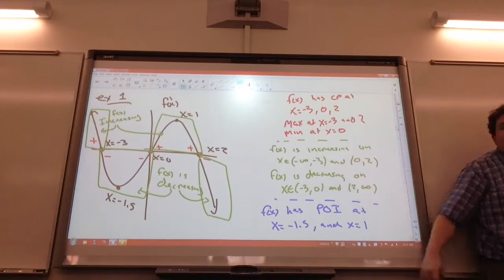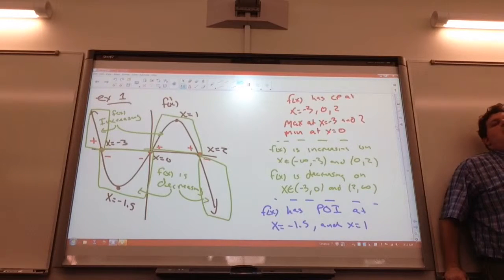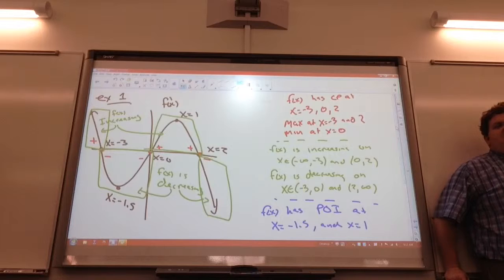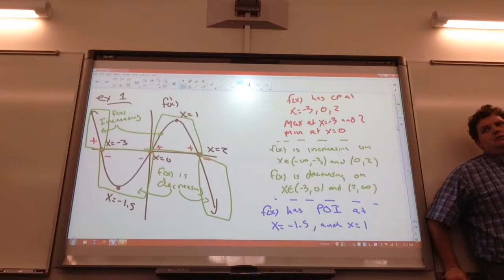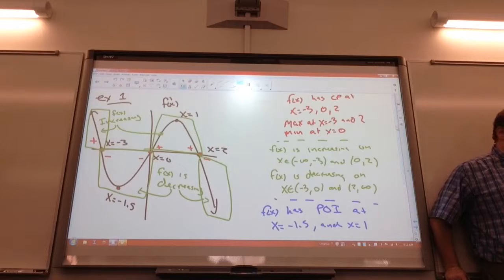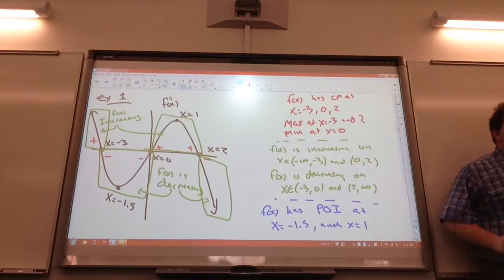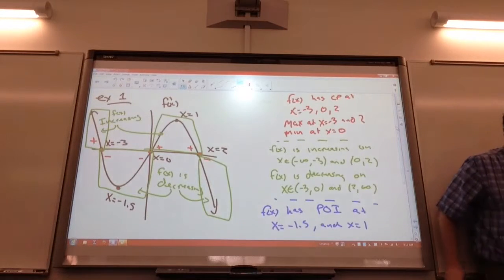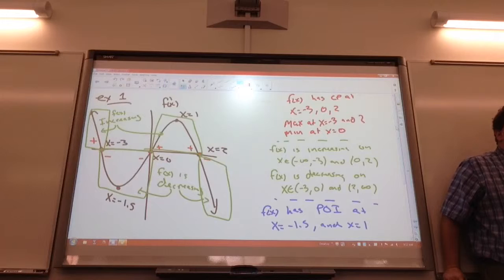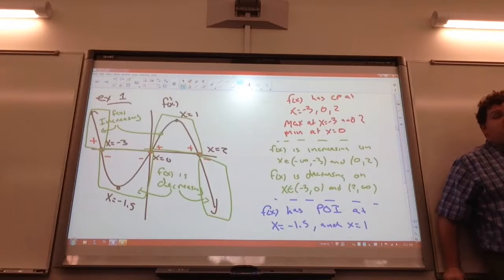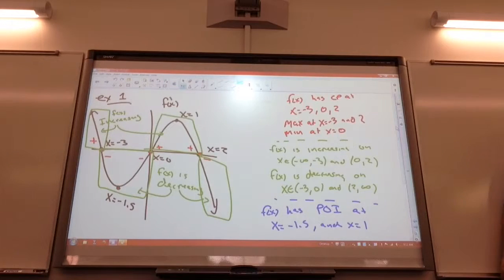Don't look at this graph here. F of x, that's concave up when what is positive? If you have a maximum, then it's going to be concave down. If you have a minimum, it's concave up. Okay, so you know that, but think in terms of derivatives and second derivatives. Oh, when the second derivative is positive. So you're concave up when the second derivative is positive, and you're concave down when your second derivative is negative,